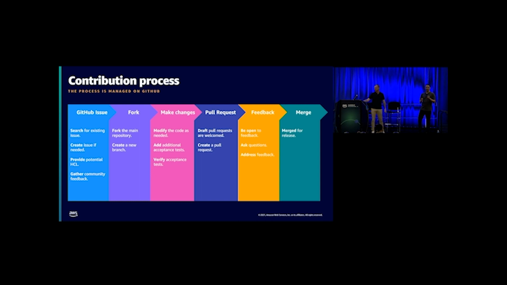Typically, a branch would start with the letter F for feature or D for documentation, the name of the resource, and then maybe the nature of your change. And then go ahead and start making your code changes. We'll walk through an example change in a few minutes so you can see what that might look like.